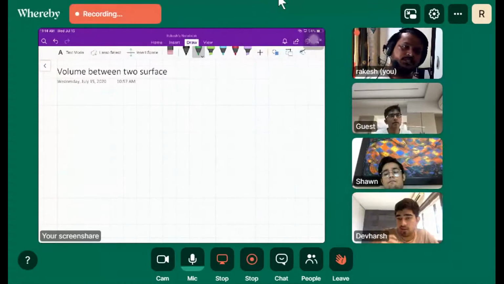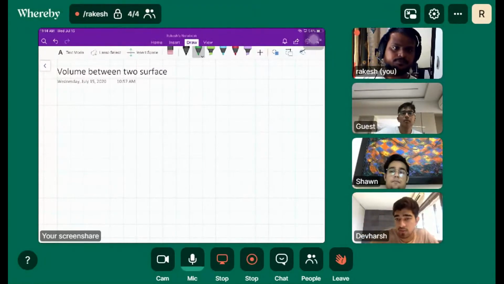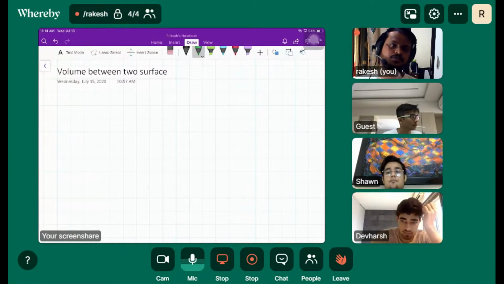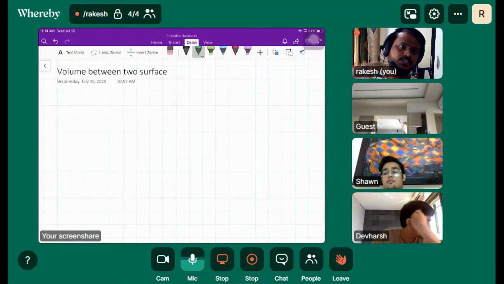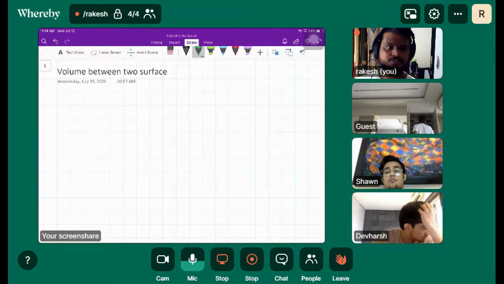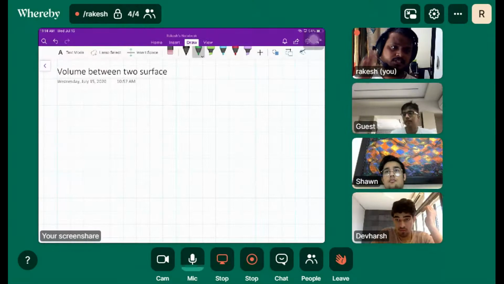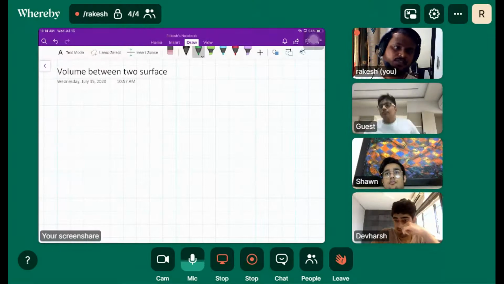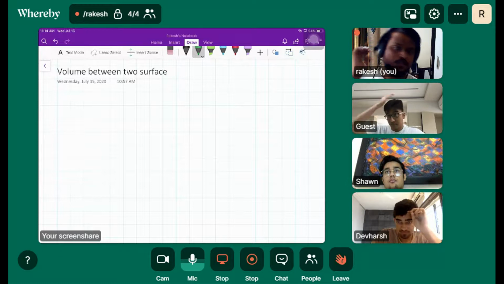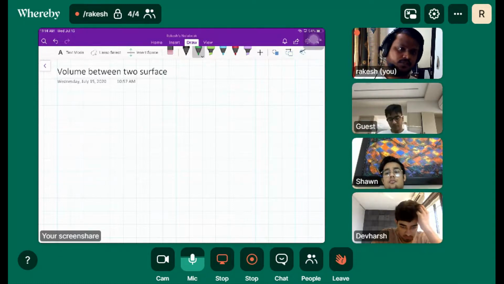We integrated the difference between them. So to figure out the area between two curves, we just find out which one is the top curve and which one is the bottom curve, right? So we just subtract bottom from top, and we integrate that new function within the given limits, right? The same ideology is applicable here to figure out the volume between two surfaces, but the main thing is the setup, how to set up the integral.